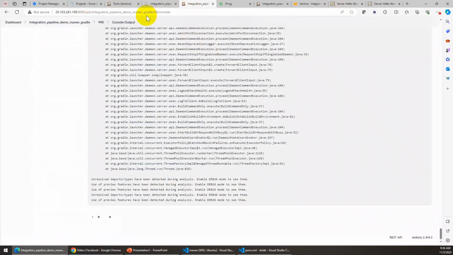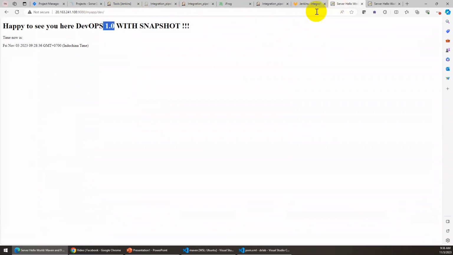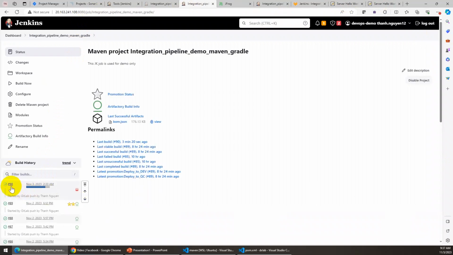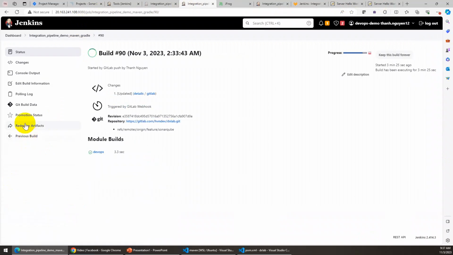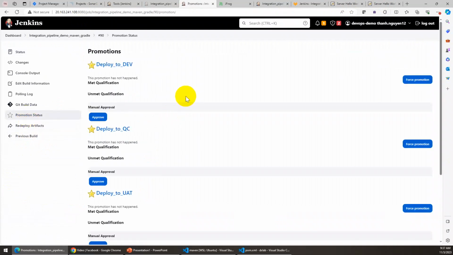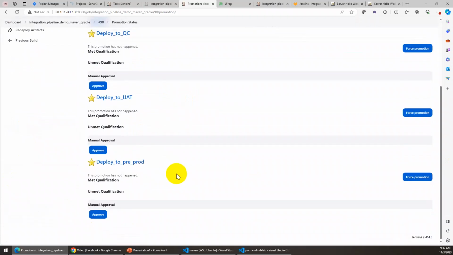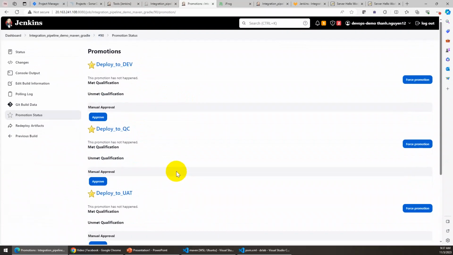Now I will try to use the promotion steps to promote the application into the dev environment. Also, I will promote the QC environment based on the dev environment. To use that promotion step, in the case this build is completed, you just click on this and follow the steps. You just click into the promotion status, and here in the promotion status you can define multiple environments. For example, in this case, I define the dev, QC, UAT, pre-prod environments, and like the